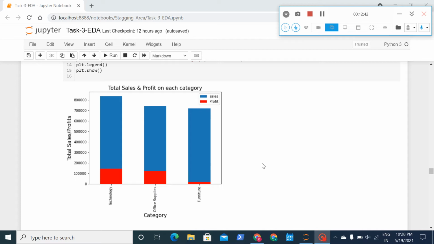So furniture supplies can be stopped or minimized, because we are not getting profit there even though the sales is high. We have to focus more on technology and office supplies so that we can get more profit from more sales. Even though the sales is higher in furniture sectors, we are not getting much profit. So the production has to be stopped or maintained as such, but the technology and office supply sectors have to be given much concern for improving the profit to the organization.